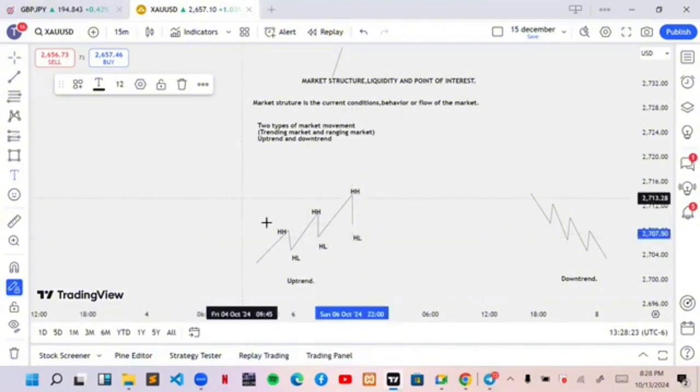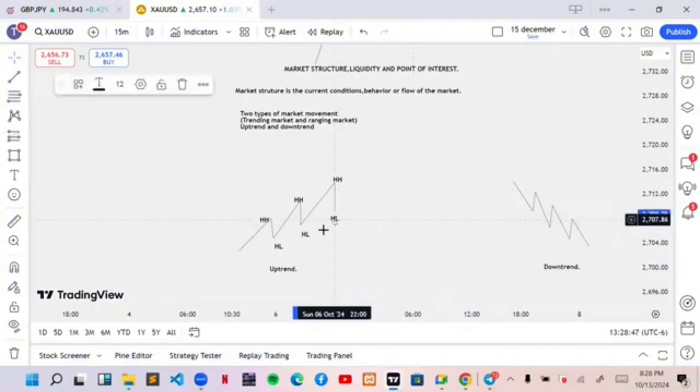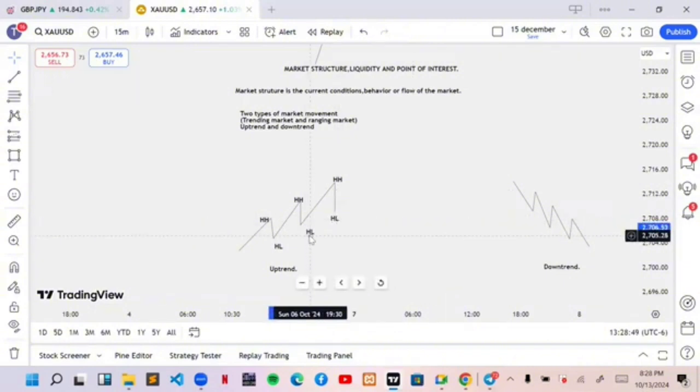So what do you notice? Each candle that forms on the high side is always higher than the last one. Higher highs, higher lows. The next one that comes is always going to be higher than the previous one. Then each low that forms is always going to be higher than the last one. So these are the characteristics of an uptrend. That is what it means for the market to be in an uptrend. So what do I mean by a structure shift? A structure shift is when the market now deviates from the current characteristics of its trend and changes to the opposite direction. This is what I mean now. You know the characteristics of an